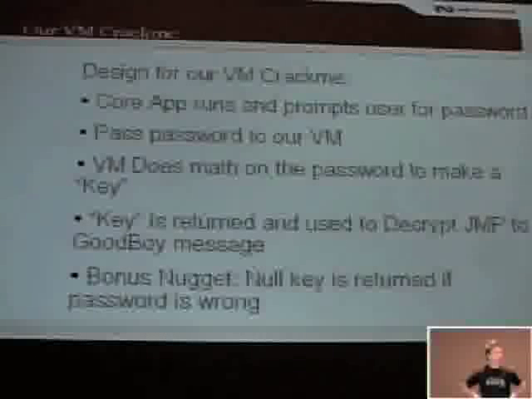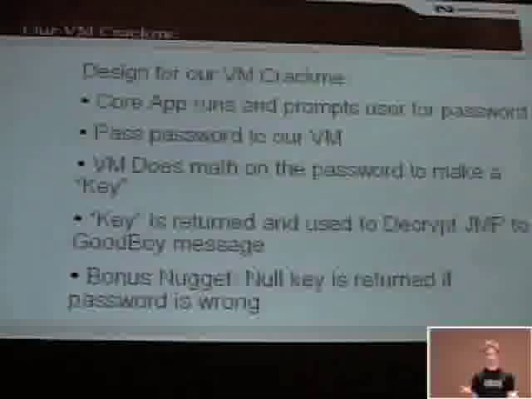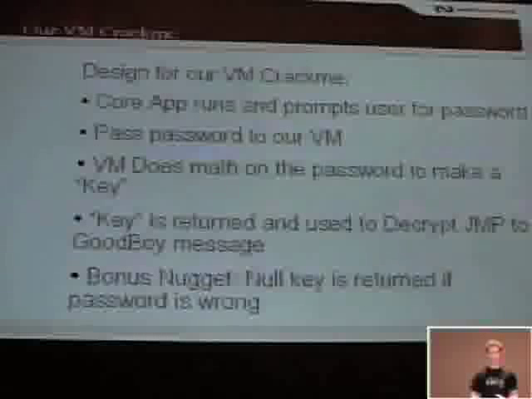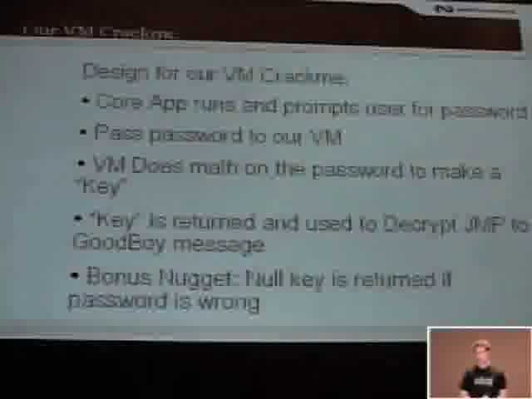So what we're going to do with this is make a crack-me. A crack-me, for those of you who don't know, is just a program whose sole purpose in life is to be cracked. It's just a problem to be solved. These are usually serial number algorithm kind of things, and the goal is to get a key generator or something of that nature. So our design goals for this: